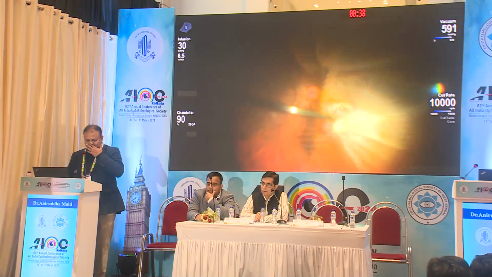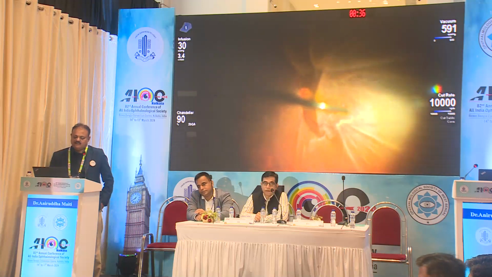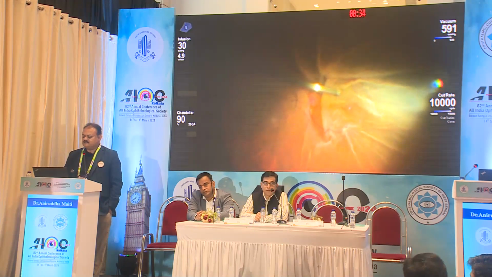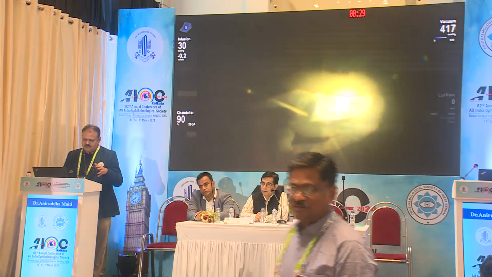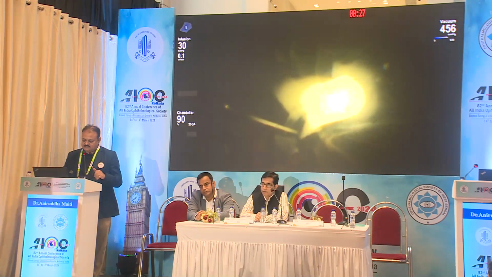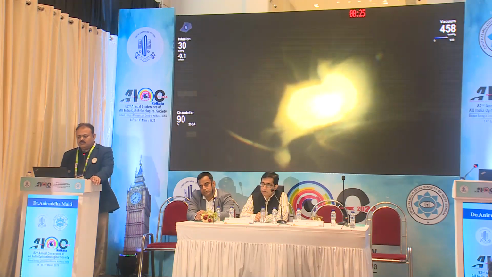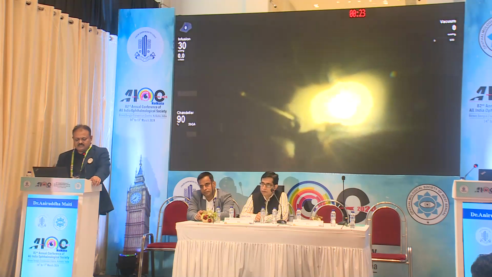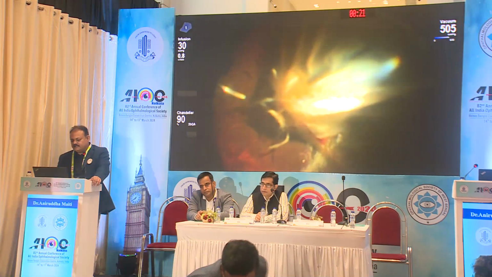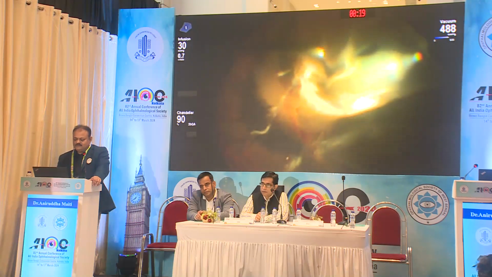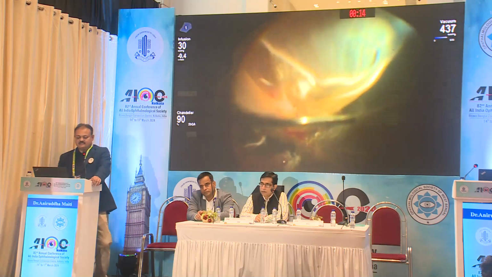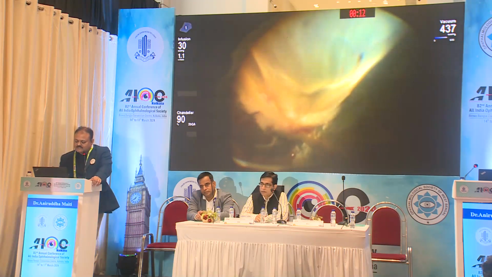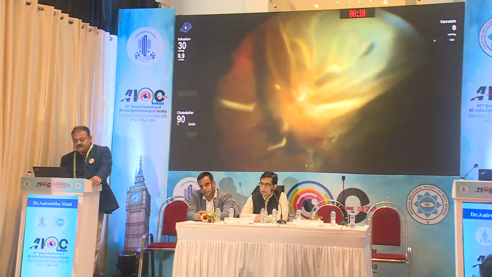This kind of detachment is a combination of tractional detachment and regmatogenous RD. You need to take care of the tractional membranes in diabetic cases first before stabilizing the retina, because you have to address both parts, the regmatogenous RD as well as the tractional part. You have to resect the membranes first, then do a PVD,